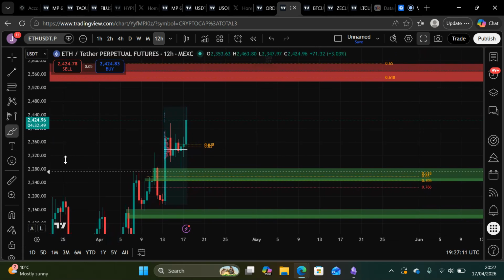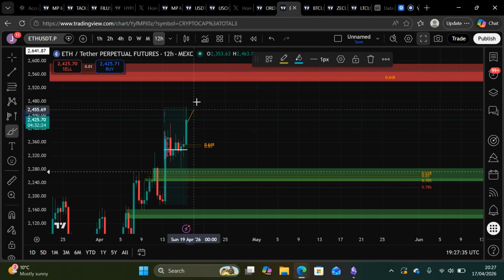But just because you find a hidden order block, just because you find a hidden liquidity zone as such, does not mean that price is guaranteed to react to that. Do not expect price to react to any level. Your emotions should not be involved at all. You should stick to what you know, stick to your strategy, and make a plan for when price gets to your key level. Okay. So another outcome we could get here is, I showed you that already.